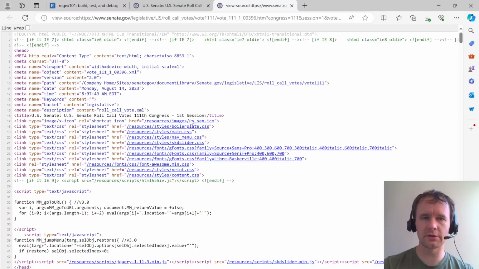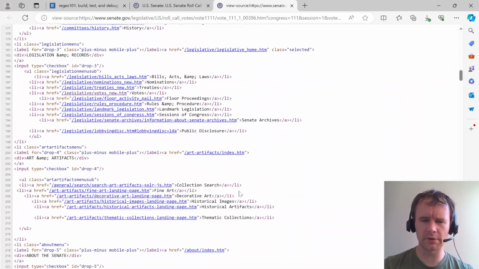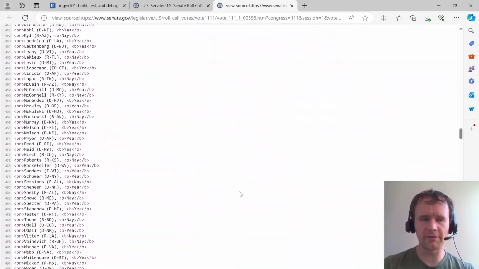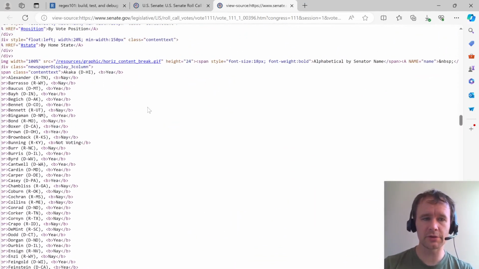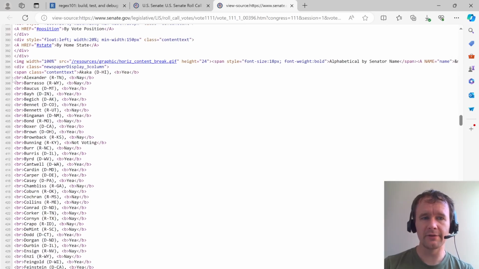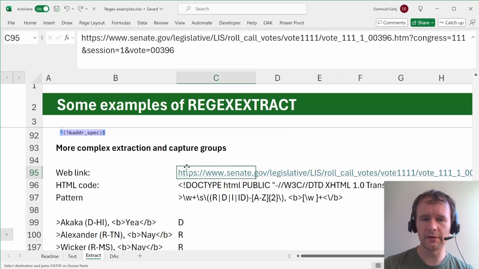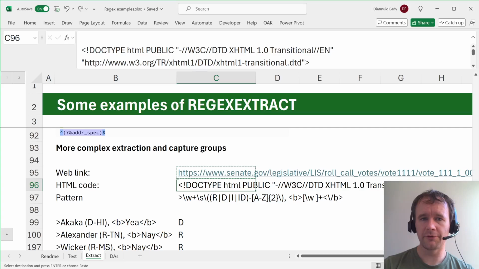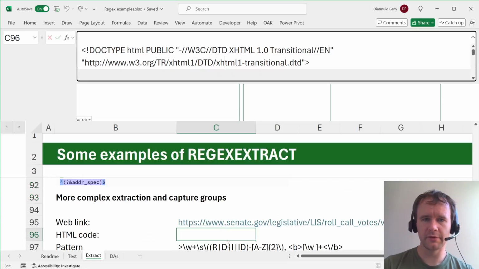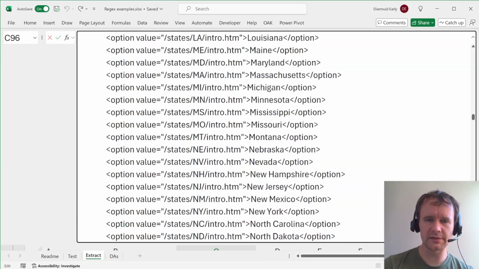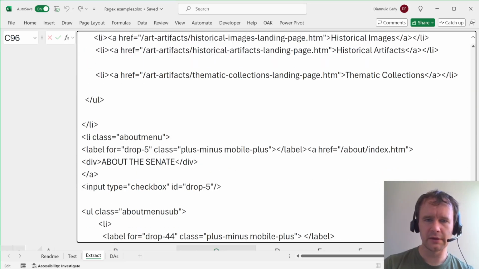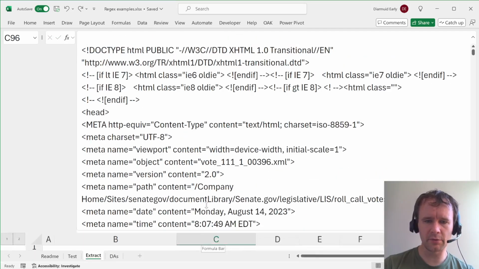But if you press Control U on Chrome, or on Edge, which I'm on, or whatever you're on, then you can get the source code, the HTML. There's no good macro structure, but there is a very clear microstructure of what these things look like. So I have taken the HTML from here, and this is enormous, tens of thousands of characters, but that's fine. I think more than it will even show in the cell.